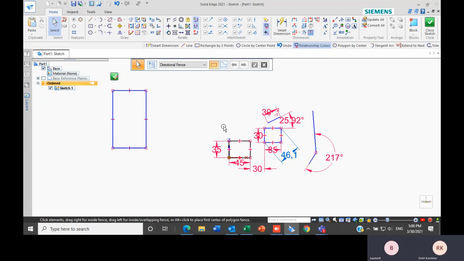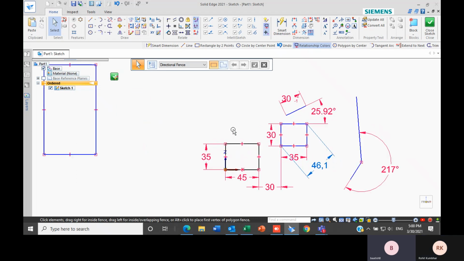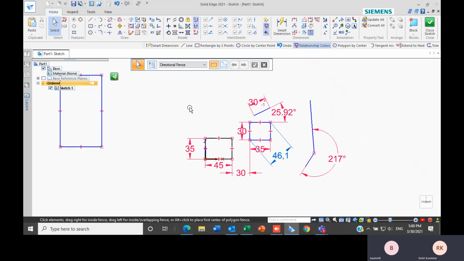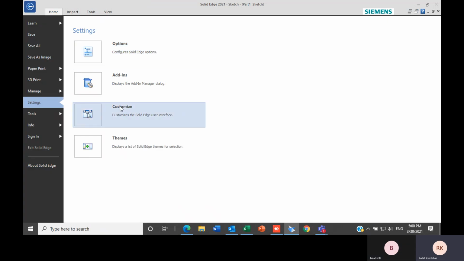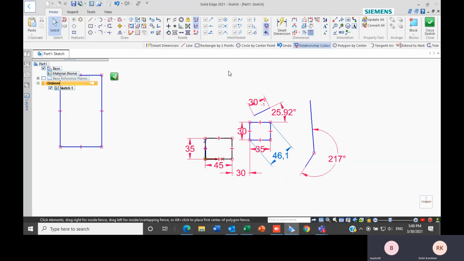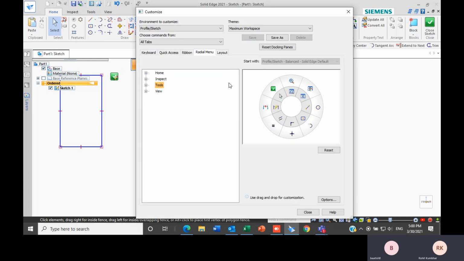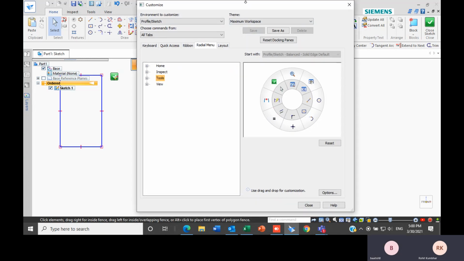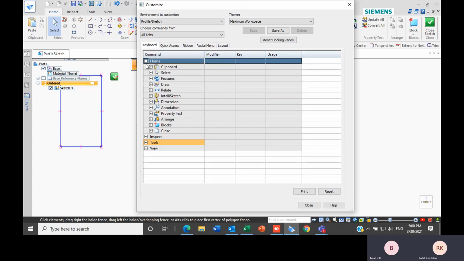No, sir. Sir, are there any keyboard shortcuts? Keyboard shortcuts, it is not according to it. As you were saying, if I press L, the line command will get selected, right? No, there are no specific options for it.